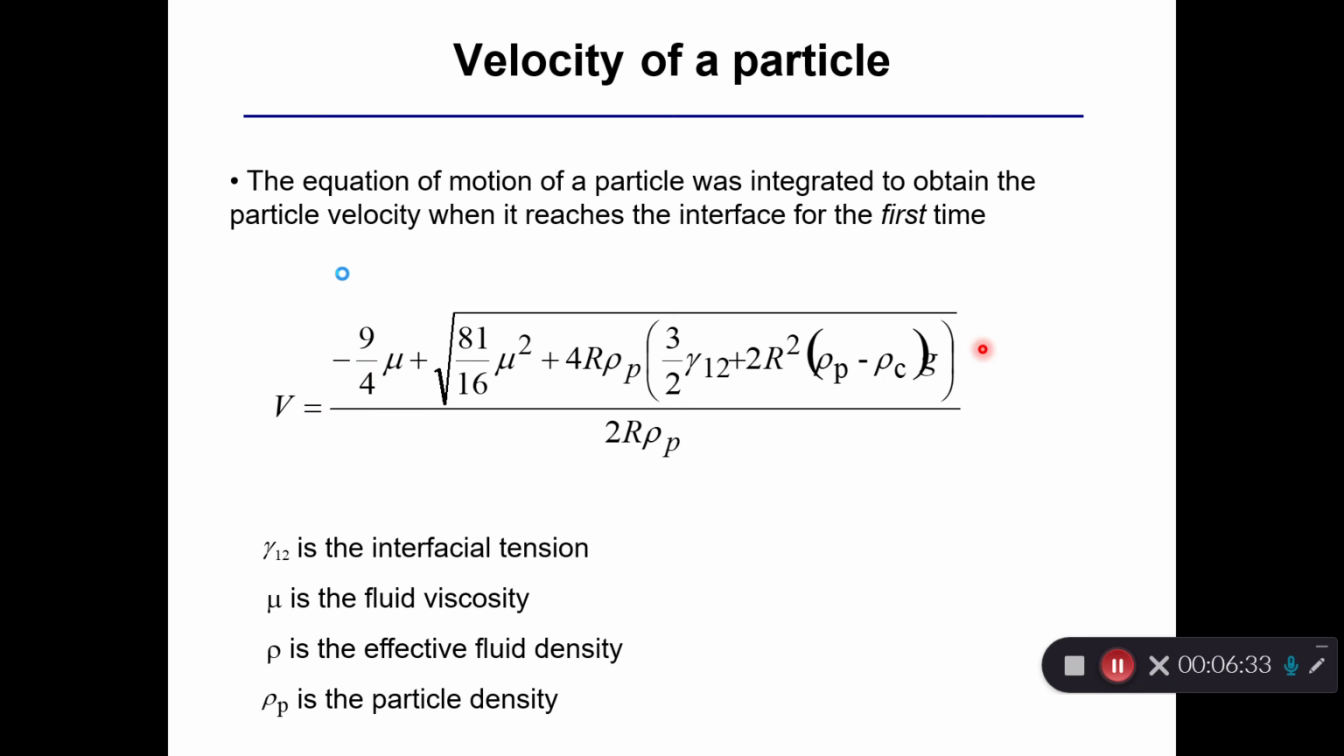So this is the mathematical expression we have. More importantly, we can see that the radius of the particle is sitting in the denominator. So when the particle size is reduced, the velocity is going to be increased. That's the whole point of looking at this equation. And here are the parameters: interfacial tension, viscosity of the fluid, effective fluid density, particle density,